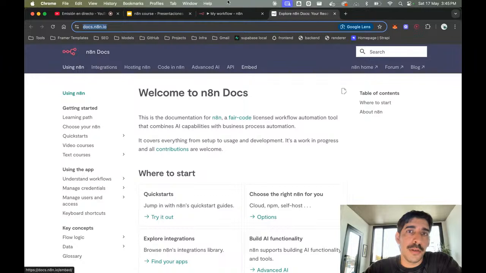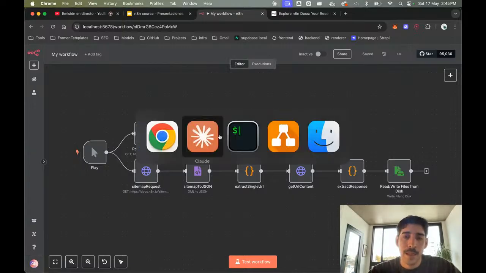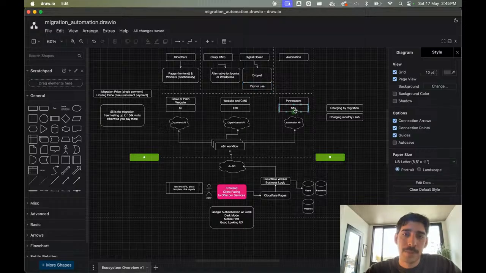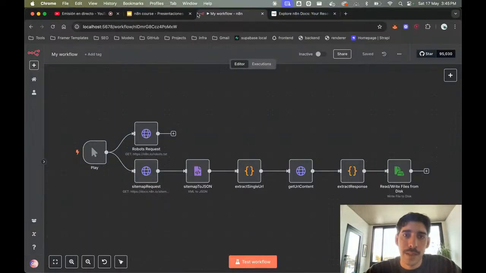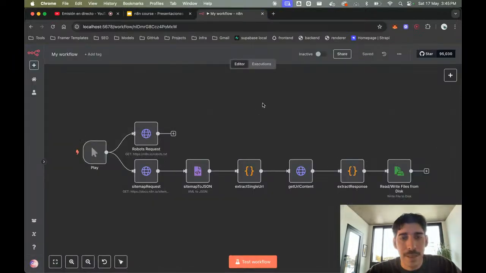So I was like, okay, maybe before actually building the workflow that we need to enable this, one of the things that I can do is try to digest, to extract the documentation from this website. So it's basically web scraping.